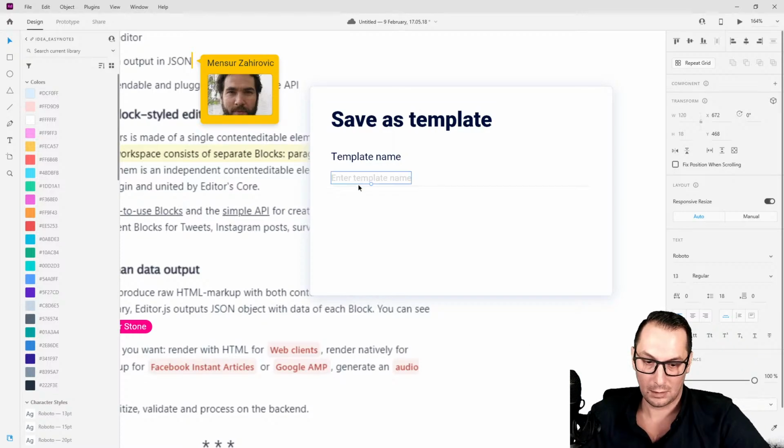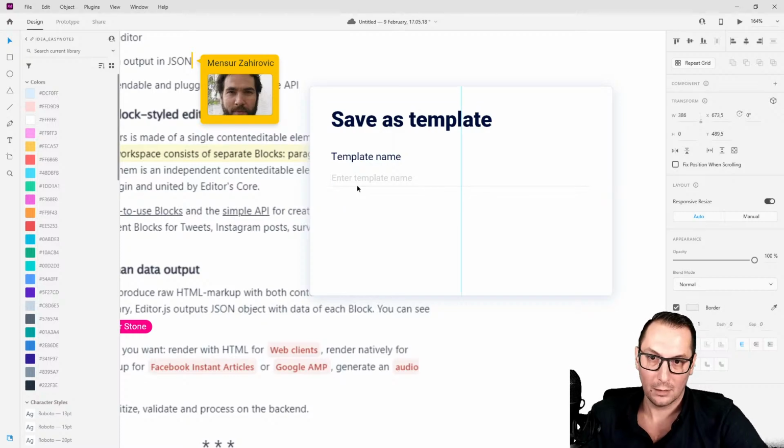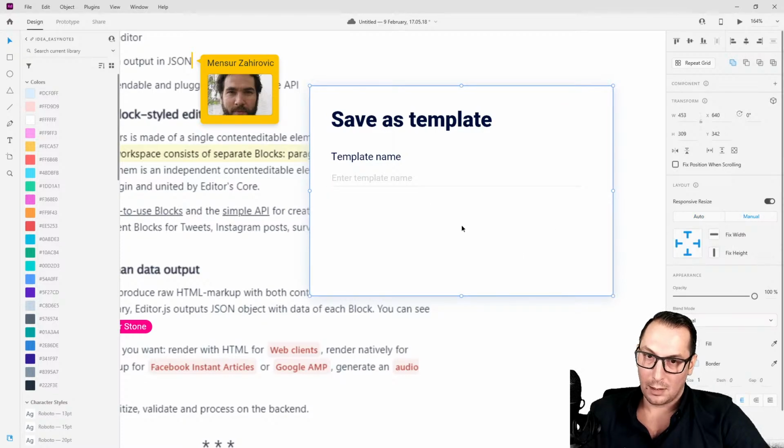Okay, they need to be aligned. That is very, very important. Template name. Okay, and then we, yes, I need to have some,